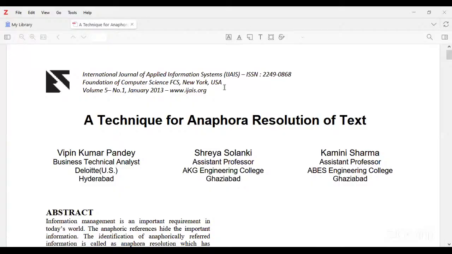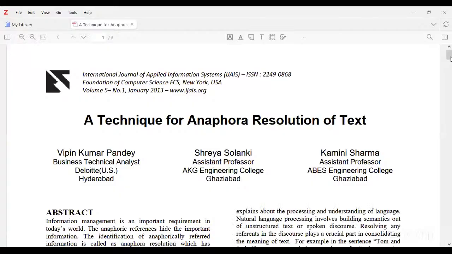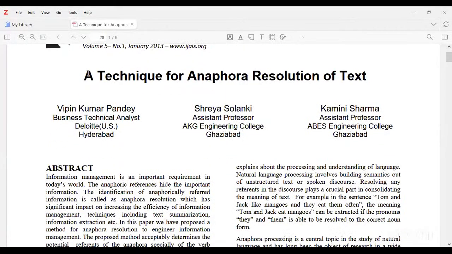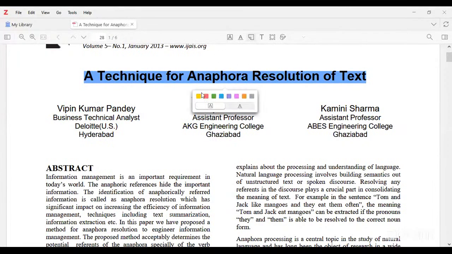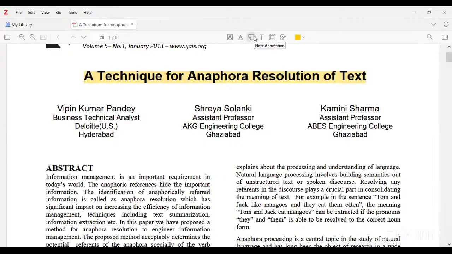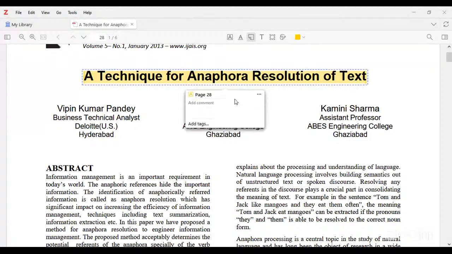Here you can open one file, for example, and you want to highlight this text. After highlighting, you want to put a note. So go to the note annotation and put the note here. So change the title.